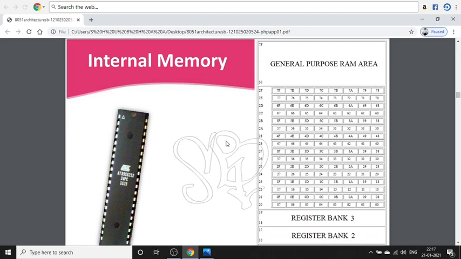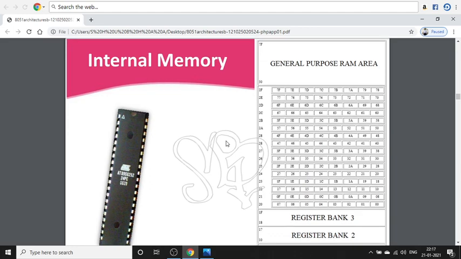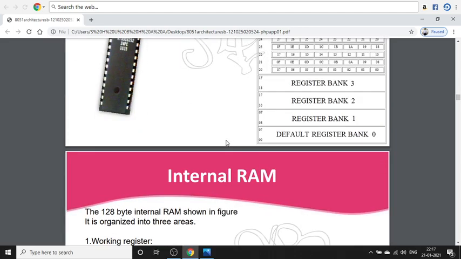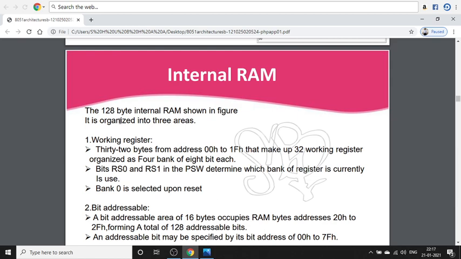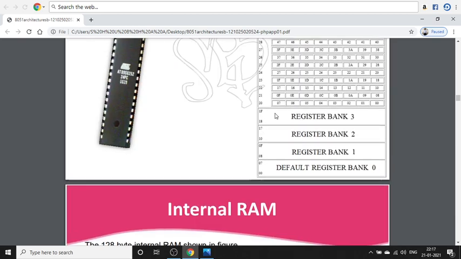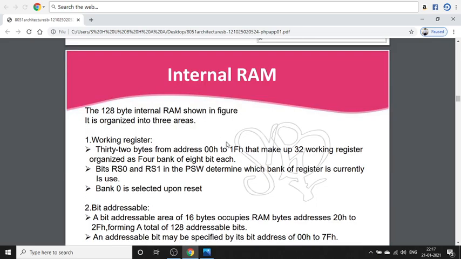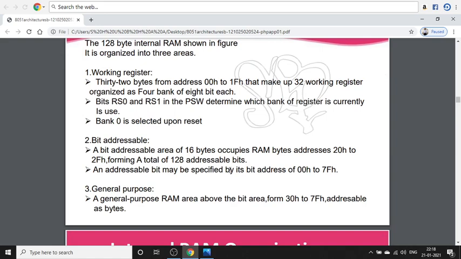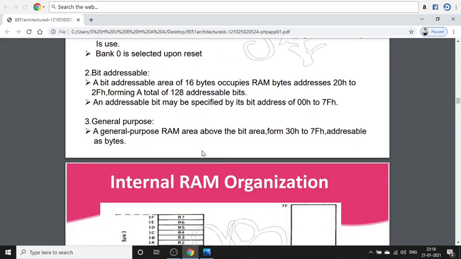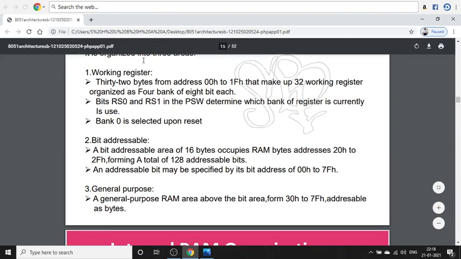It can be used for the special function registers. The 128-byte internal RAM is shown in this figure. Here we will be having 3 areas: working registers, bit accessible registers, and general purpose registers.